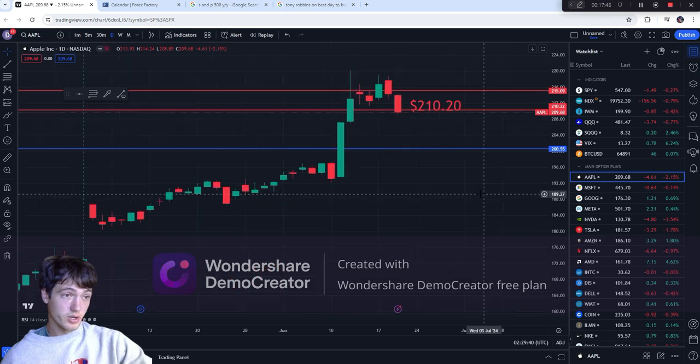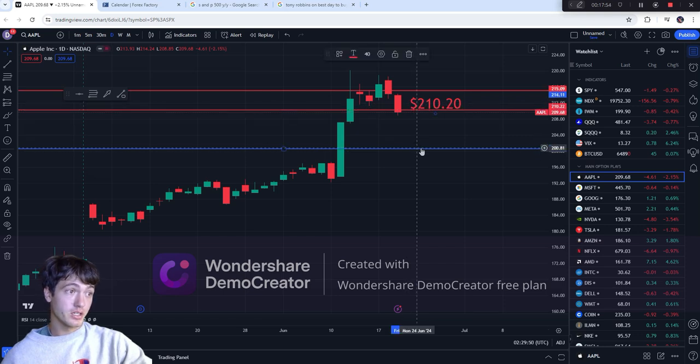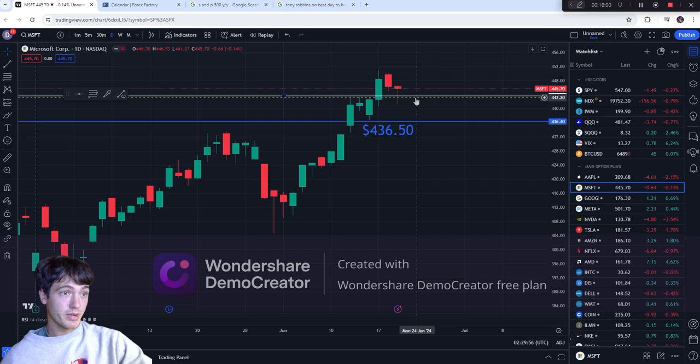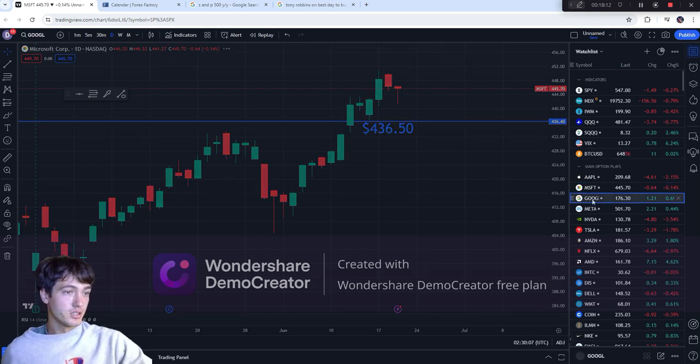I could go to the main options page. You see we had some pullback down on Apple, so this is now a resistance at 210.20. I have support here at 250, so watch that on Apple. Microsoft, I still have resistance at 36.50, so watch that on Microsoft. I'm going to take away this target here.